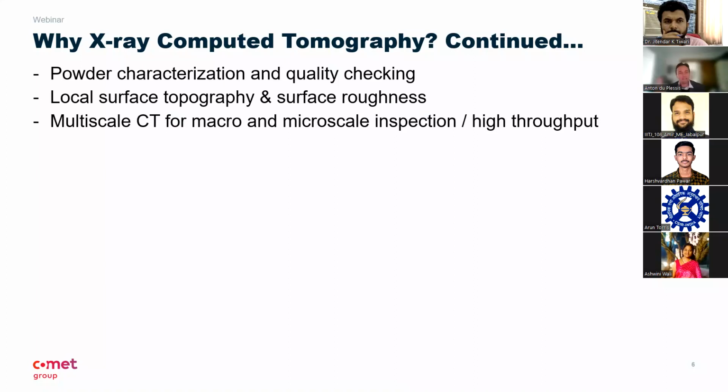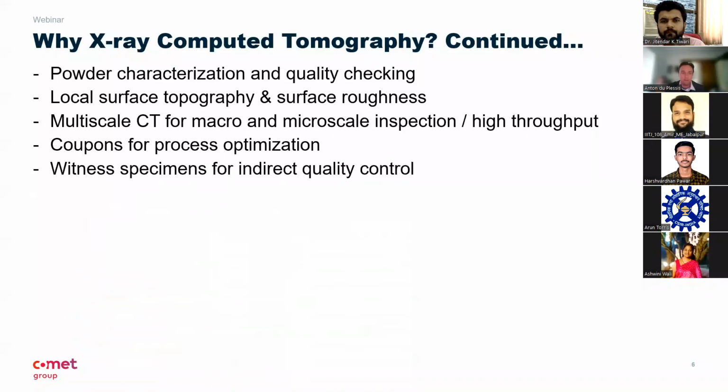Then multi-scale CT, that's what that means, is looking at different scales. So a lot like a microscope, you can zoom into very small details, but then your field of view is quite small. So getting an overview of a part and then zooming into certain areas that are critical can be done both, and doing that allows unique insights into your material. So CT can be used in different ways. And then coupons for process optimization. I will show examples of that. So you can really optimize additive processes using CT in a better way than cutting